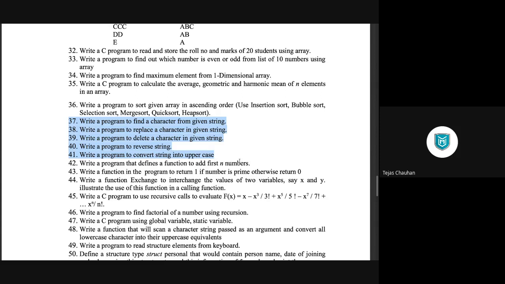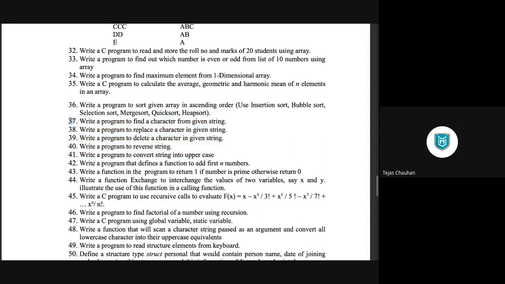So let's go through these programs one by one. Let's discuss what we need to do here, and maybe some of those programs I'm going to perform, so you'll have an idea of exactly how you are going to perform it.